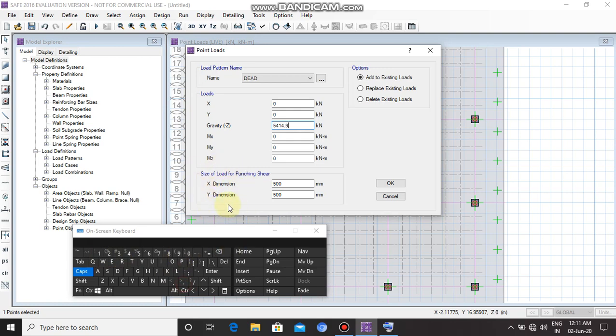Here we have to change the dimension as it is a column of 600 mm by 600 mm. So change this to 600 and also the Y dimension to 600. Okay, then click on OK.